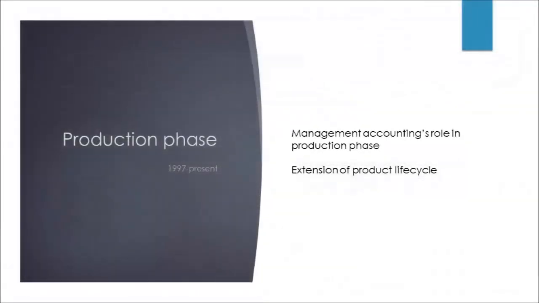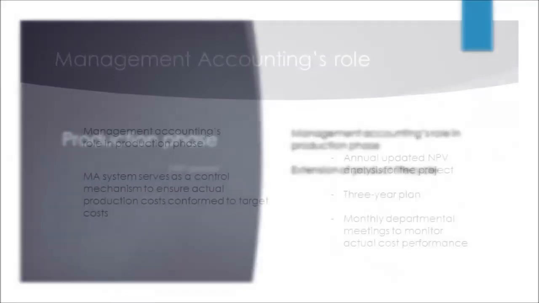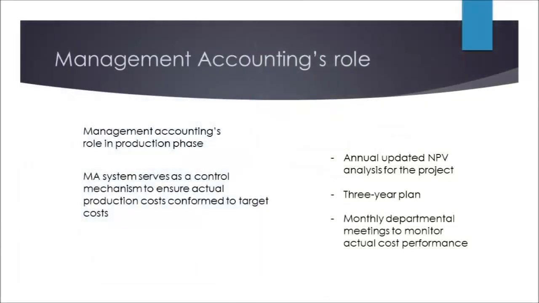There are three main processes the company has used during the production phase. First, the net present value analysis used to supervise the M-Class project. Second, an organized 3-year practice of reporting financial performance to HQ. Finally, establishing a comprehensive and regular cross-department information exchange and analysis mechanism regarding the comparison of actual and standard cost performance. Through this series of accounting processes, the company has ensured the achievement of preset cost targets.